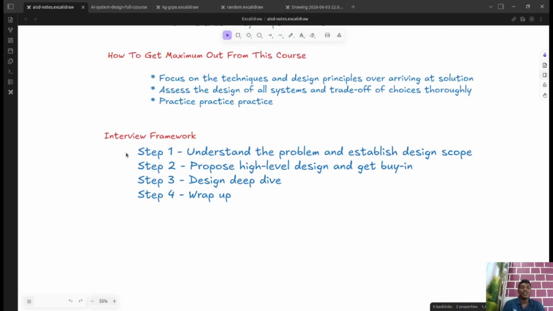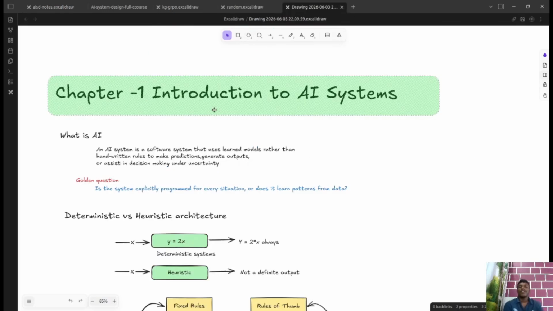So how we're going to approach any interviews, basically system design or AI system design, any kind of interview which requires you to design a system and have a quick breakthrough of a whole software problem. So how we're going to approach that, a traditional framework. So yeah, that's about foundation 1. So we are going to start with chapter 1, introduction to AI systems, and in this particular video we are just going to cover both chapter 1 and chapter 2.